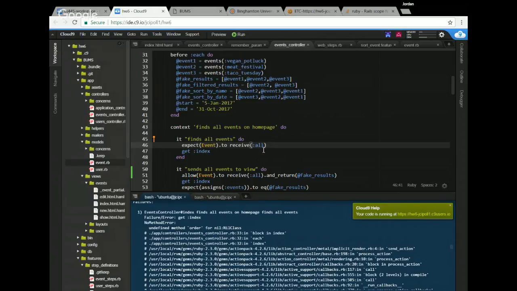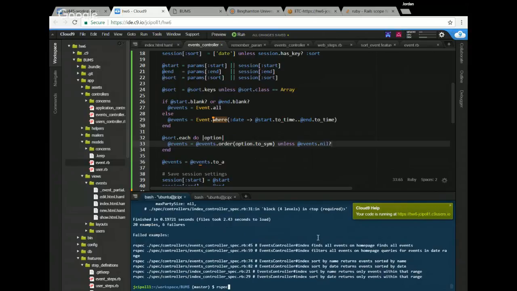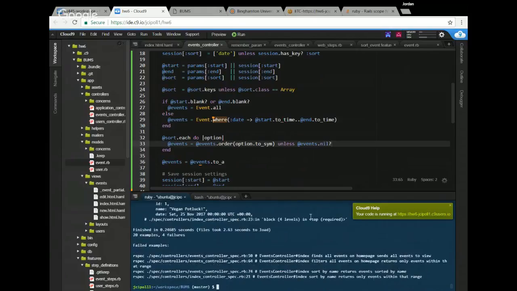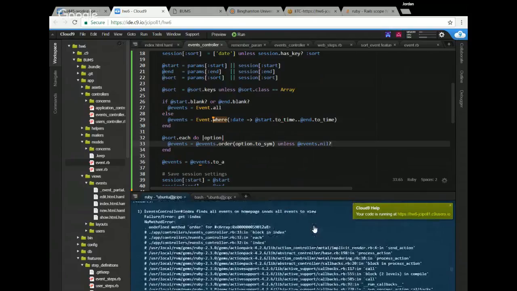Yeah, we expect event to receive all. And then we're erroring because undefined method order for nil class. Which means after it expects event dot all, it becomes nil. That nil was supposed to be end, that was a little thought there. See, that fixes two of the problems. Those two problems are caused by RSpec. Like, those aren't real errors. Okay. And I guess this is slightly safer code, but